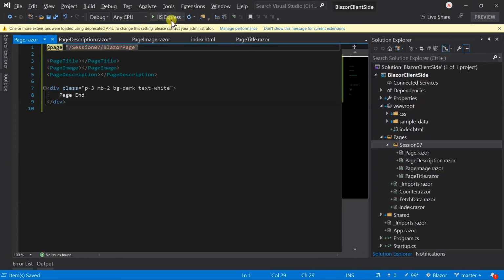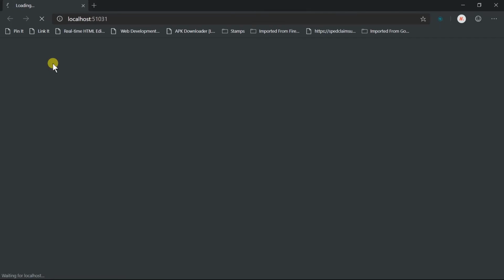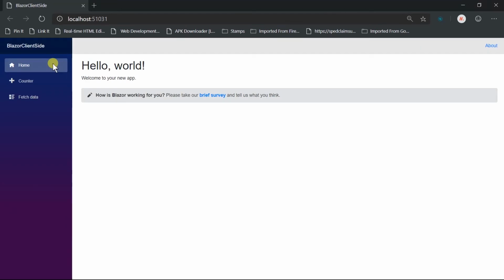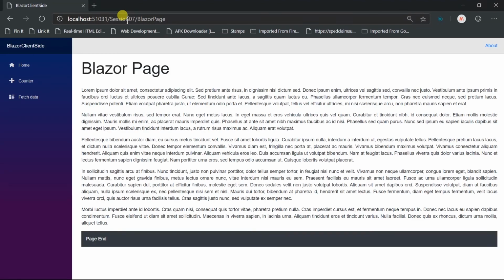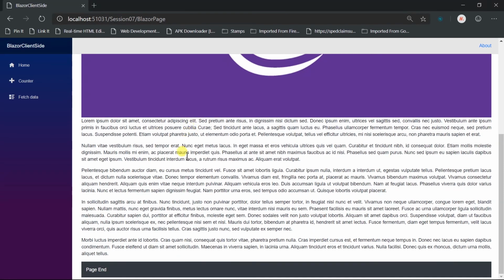Run the project. By default, it will redirect to the index component. To access our new page, we need to change the URL to Session 7 Blazor page, which is specified in the page directive. Here we got our page. It includes a huge title, image, and some text and description. Here is a dark background block that we have created in the end,